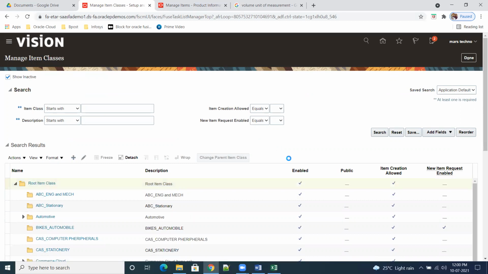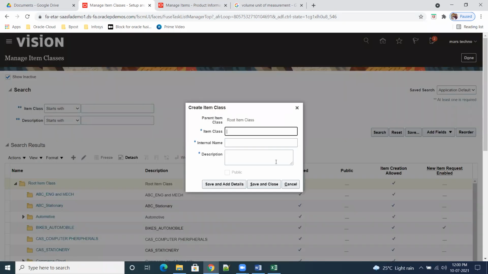We'll create one item class. The item class name is SR01 electronic, internal name, description, save and add details.